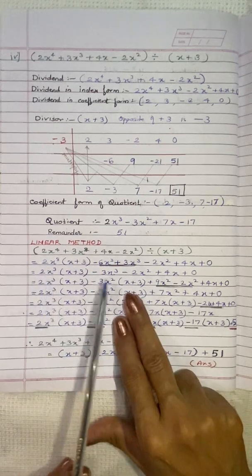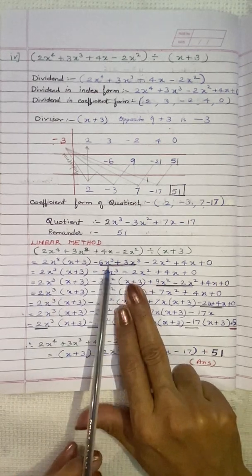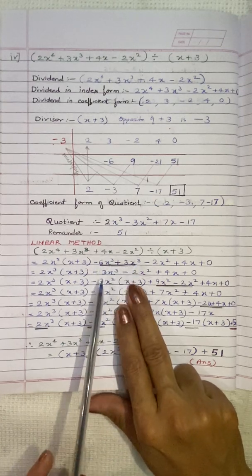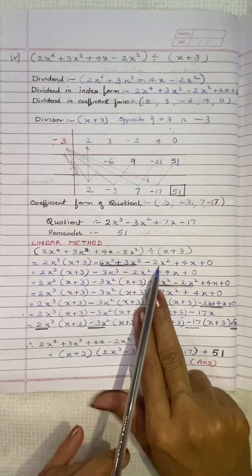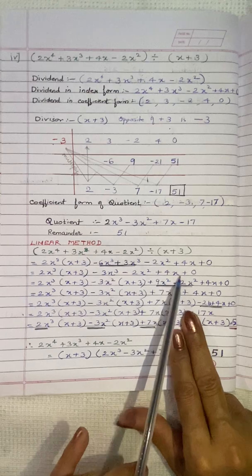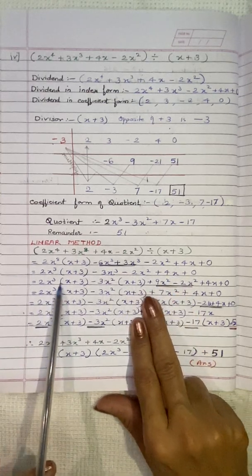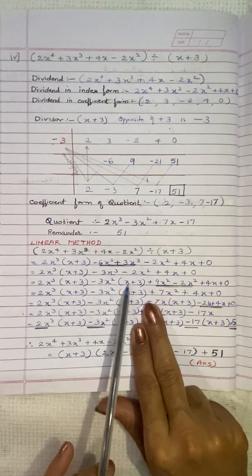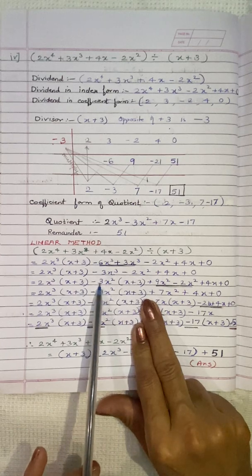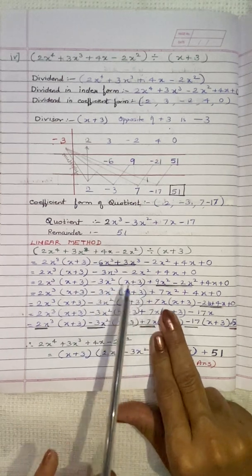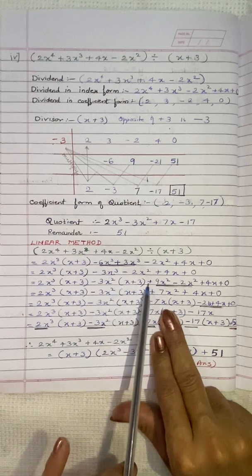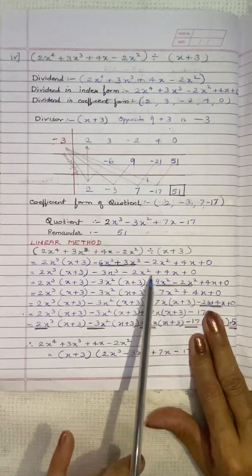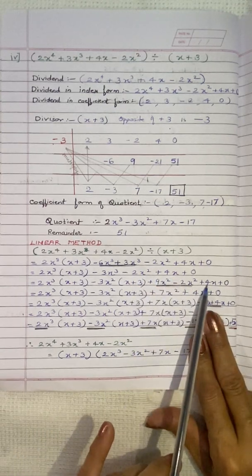Now this term we will copy as it is. Then as we have got like terms over here, we will solve them. Negative 6 plus positive 3x cube gives us negative 3x cube, and copy the rest of the terms as it is, minus 2x square plus 4x plus 0. Now next step, copy this term as it is. This we will split into x square into x, so that x will be replaced by x plus 3, and negative 3x square multiplied by 3 gives us negative 9x square, but we will change it to the opposite, that is positive 9x square, and the rest of the terms we will copy as it is, negative 2x square plus 4x plus 0.